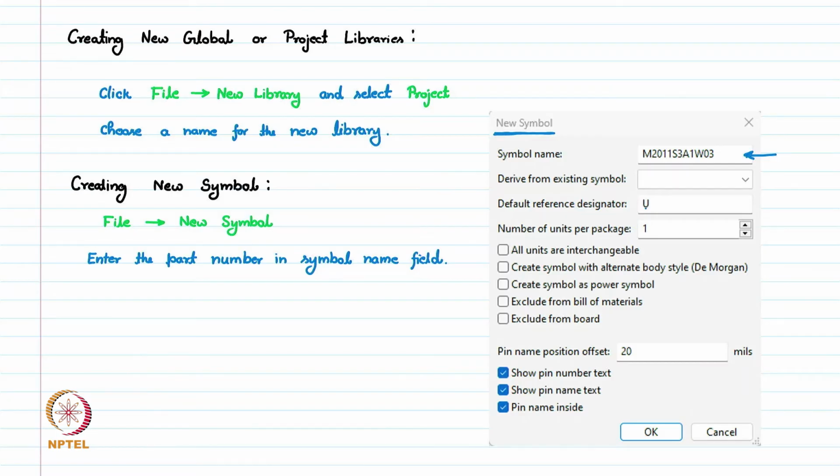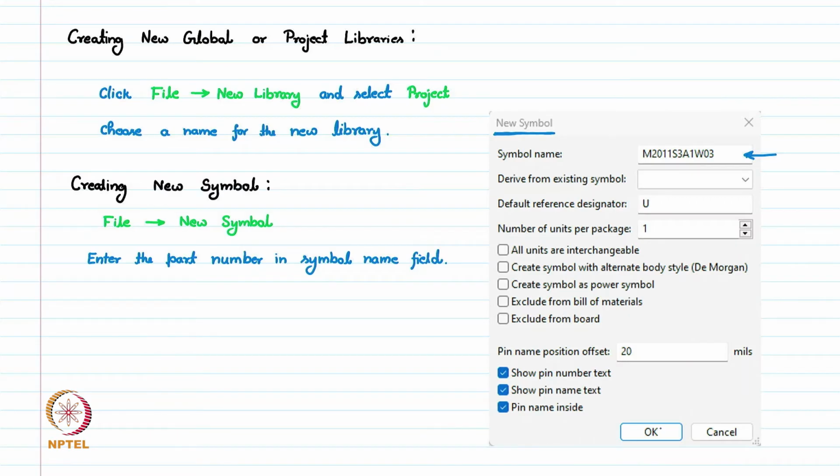So here for the switch we would like to have SW as the reference designator. You can write that as the reference designator here in this new symbol dialog box. All other fields can remain default, whatever is given. So you can keep it the same and then click on the OK button. It will create a new symbol in your